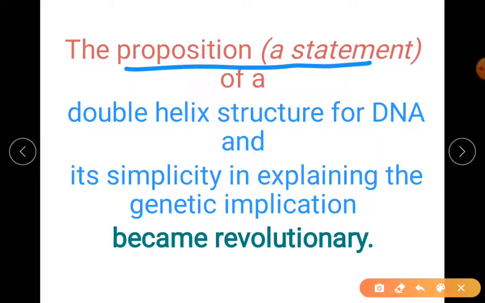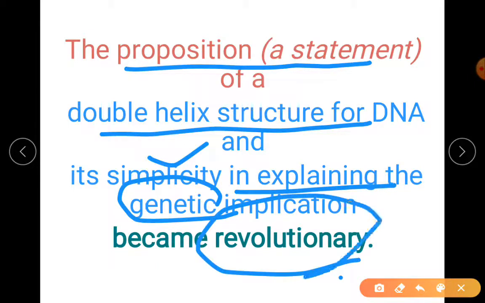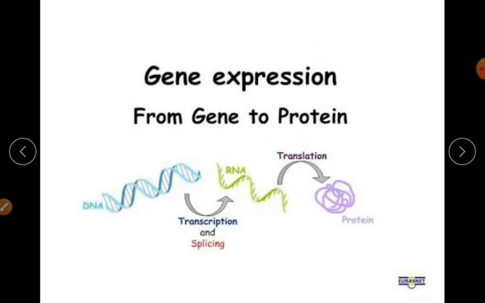So the proposition meaning the double helix model and its explanation in a very simple way. The genetics topic is very clear. This gave a wide opening to biology, which was revolutionary. When I say revolutionary, a big change to the biologists. It was a clear picture of what DNA is, where DNA would act, how it acts. We have the complete molecular structure. So this is your proposition.